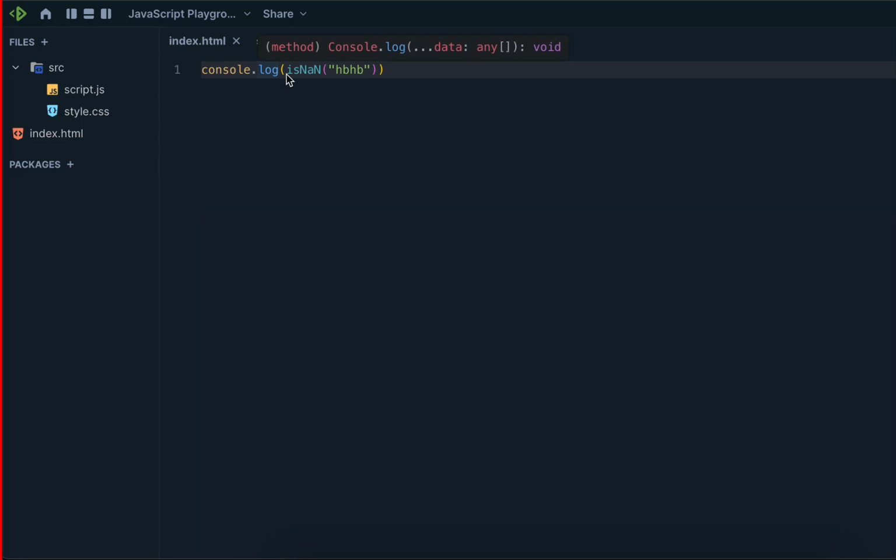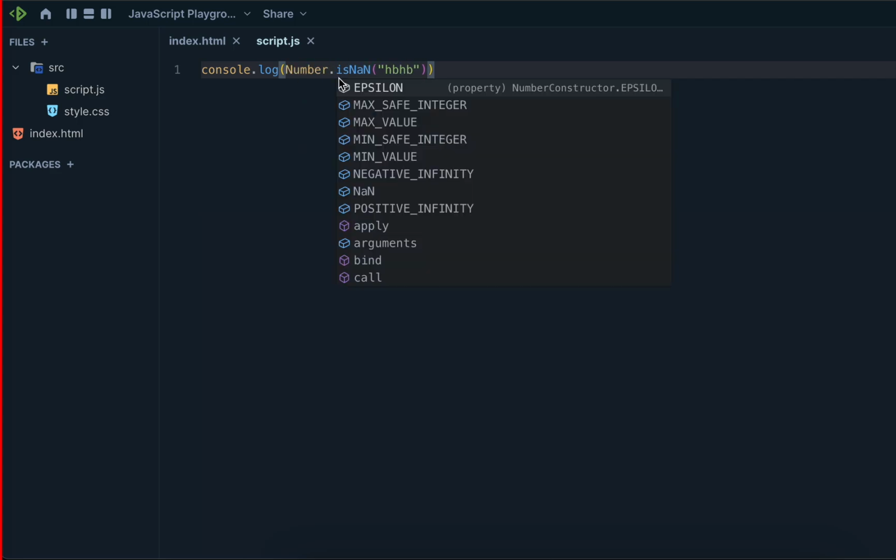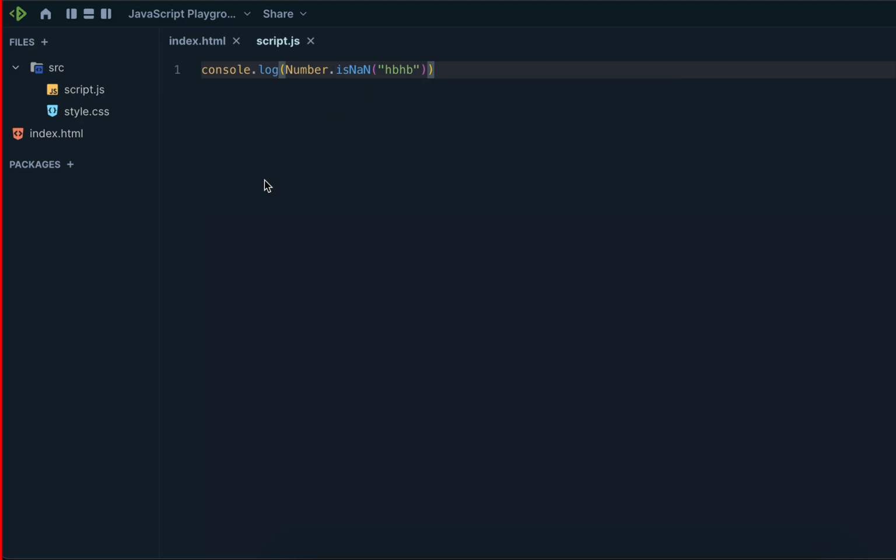I will try one more thing here. Before isNaN, I will add Number dot isNaN with the string value. What is the output for this question? Yuvraj, false. Why false?